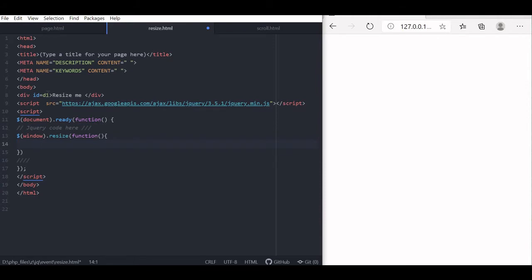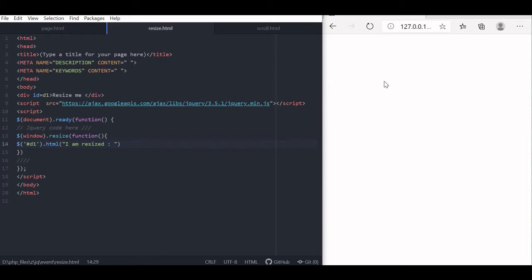So let us pass some message to our div area. Whatever we have defined, the handler id is d1. So let's say d1. Now the message will give HTML, I am resized, or you can give anything you want. So I am resized. Now fine, let's see how this works.